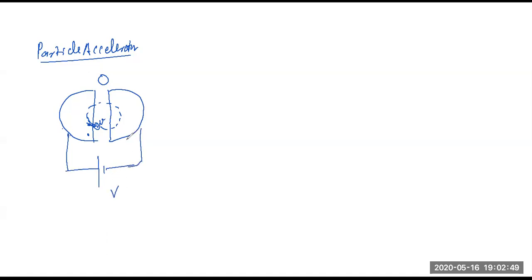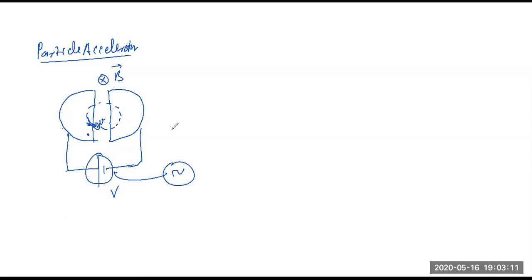If you connect a potential across it, you have two choices. Either you connect a DC potential or you can connect an AC potential. Try to understand. If you just have a magnetic field, then it will go in a circle because the magnetic field is present in the inward direction. It will continue to form the same circle. Nothing will change, right? It will continue to move.